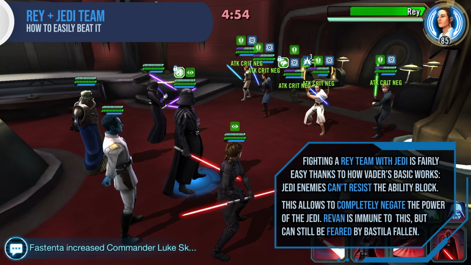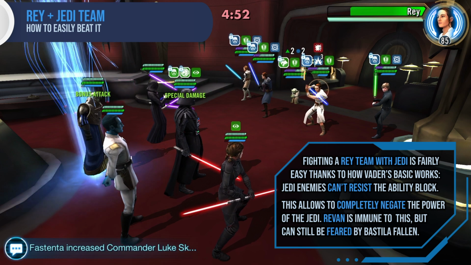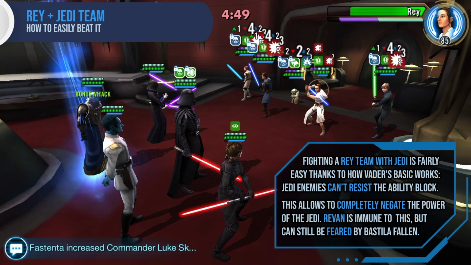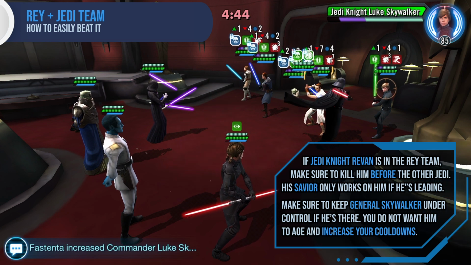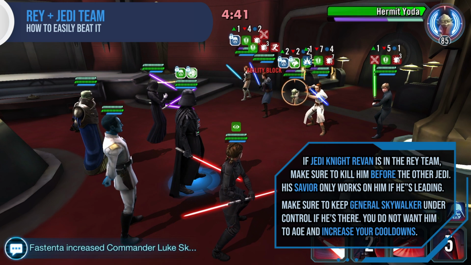So in this team we will have Vader lead, Thrawn, Wat Tambor, and in addition to them we will have Bastila Shan Fallen and Traya. You want to put Vader in lead because it will make dots stick even if they dispel them, and also by having him in lead you gain the bonus potency from Bastila Shan Fallen